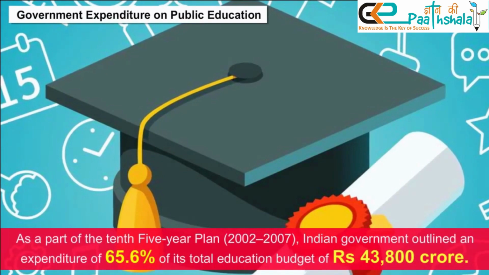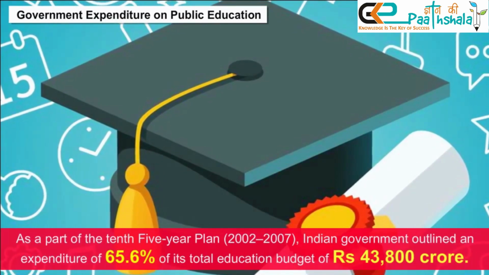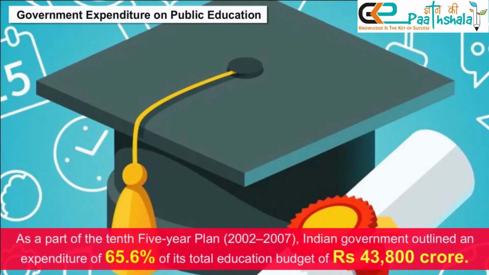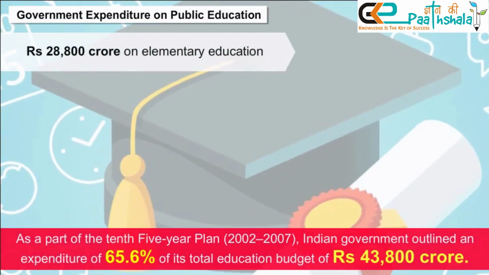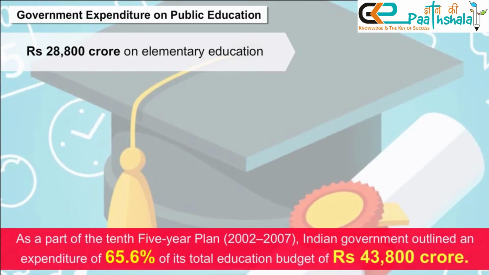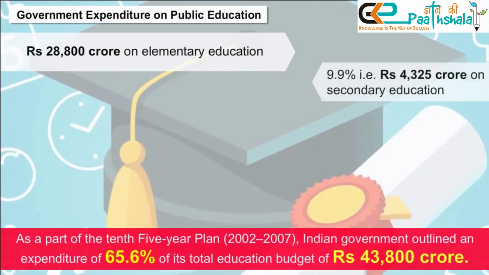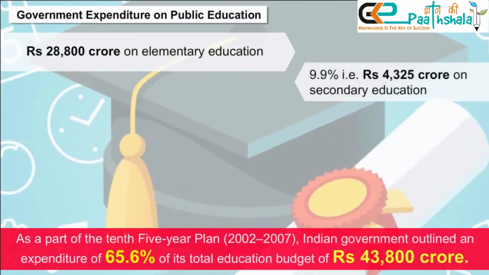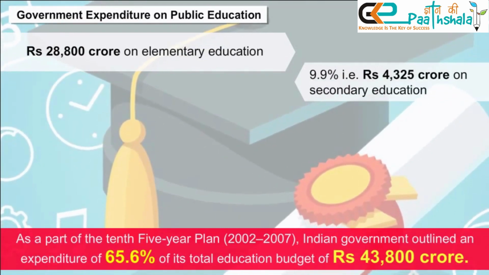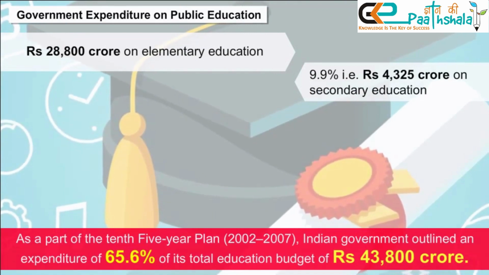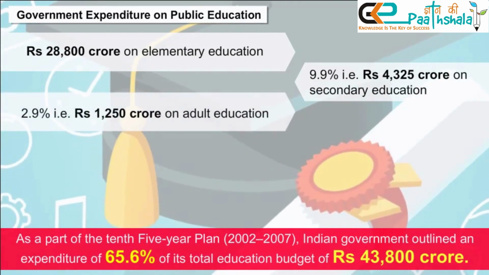65.6% of its total education budget of 43,800 crore rupees, that is 28,800 crore rupees on elementary education, 9.9%, that is 4,325 crore rupees on secondary education, 2.9%, that is